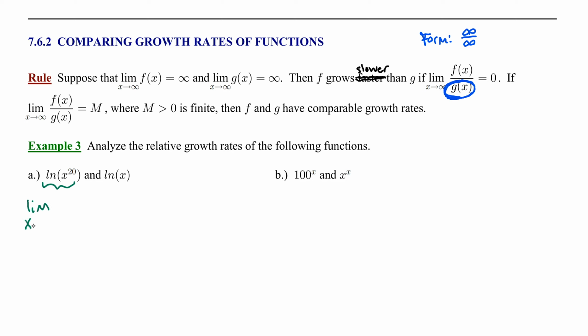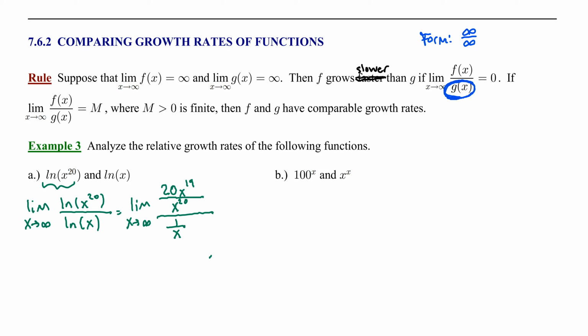So let's find the limit as x approaches infinity of the ratio of these two functions. Now, if you learn how to interpret this limit, you can put those in any order. Natural log of x to the 20th on top or on the bottom. Now, we have the form infinity over infinity, and of course that gives us the green light for L'Hopital's rule. So we'll individually differentiate the numerator and the denominator. So in the numerator, I'm going to put the argument in the denominator and the derivative of that argument in the numerator. And in the denominator, we're going to find the derivative of natural log of x, which is 1